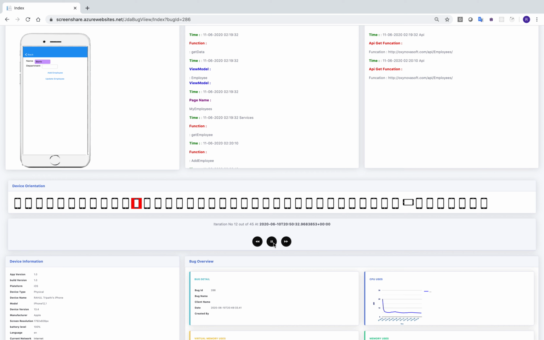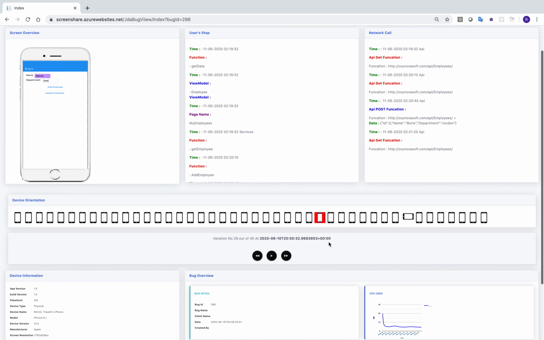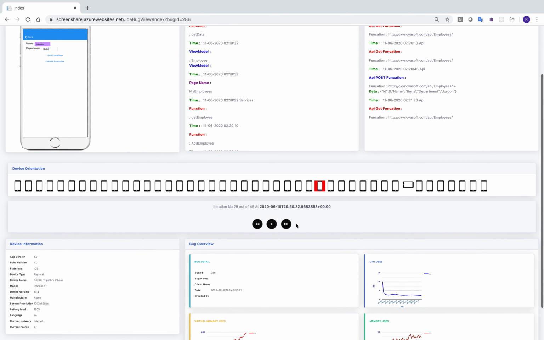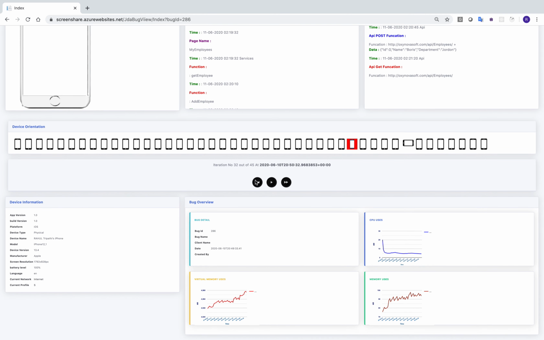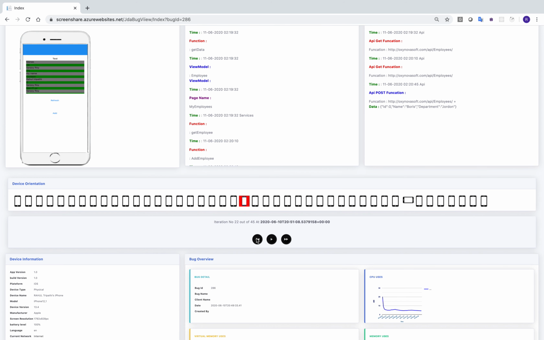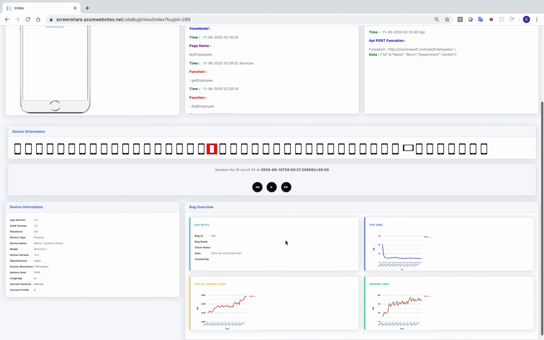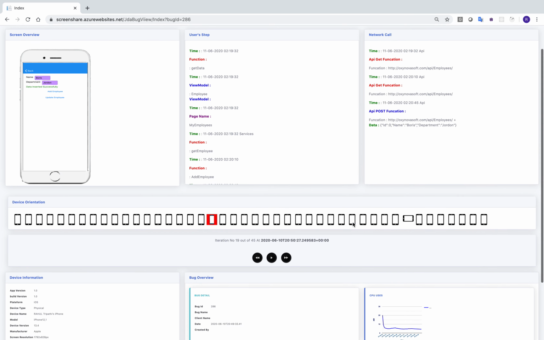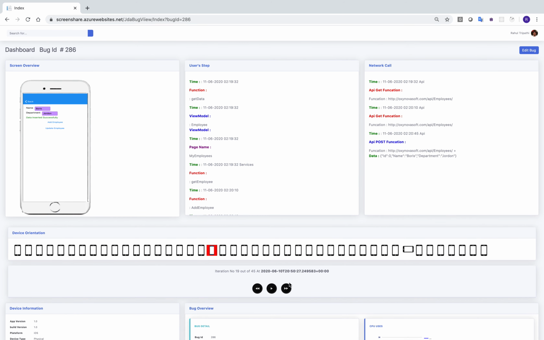If I want to track this application manually, I can stop it, and I can track it in the back direction and forward direction. I can go back or forward for this application. For each duration, if I want to go back, I can see each step, every step where I have enabled the data. So this application is very useful to track your bug from any client location, from anywhere, and you can see this bug. I can go forward, backward, compatibility. These things can be done from here.